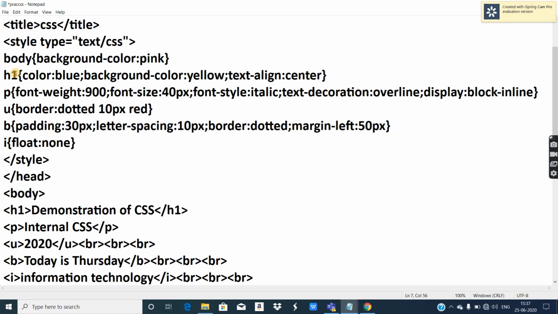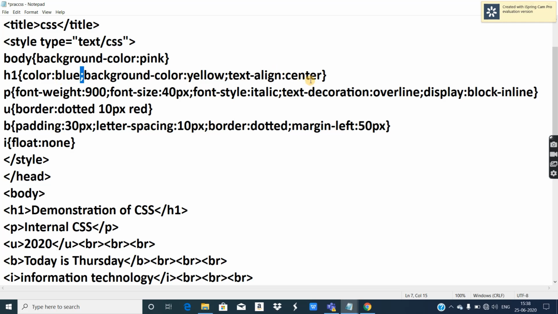Okay, now this is known as selector, and the declarations are given inside curly brackets. Now this is curly bracket and this is a single declaration. So right now H1 has how many declarations? 1, 2 and 3. Each declaration is separated with semicolon. Declarations must end with semicolon.